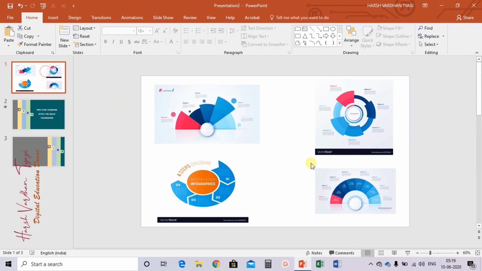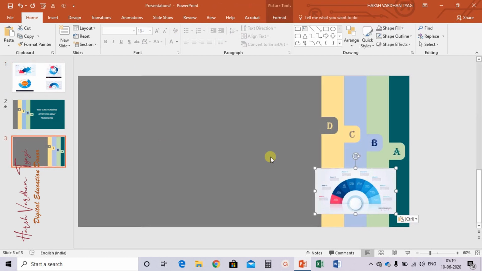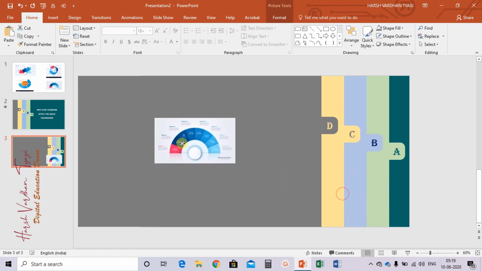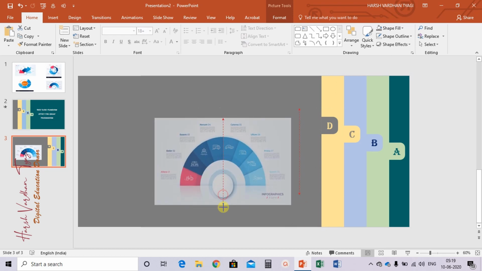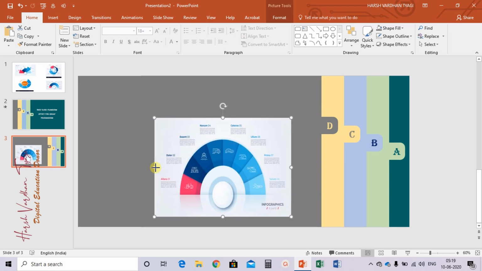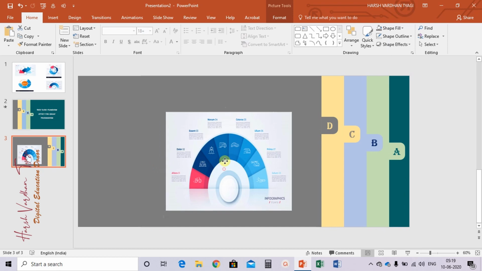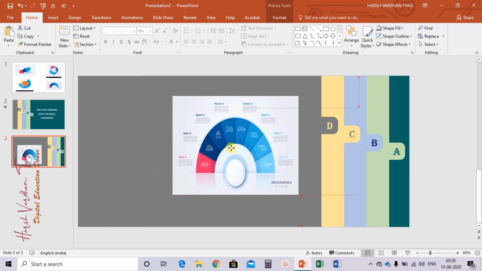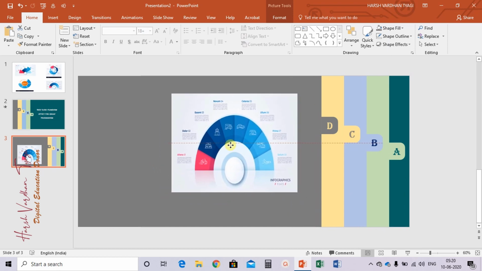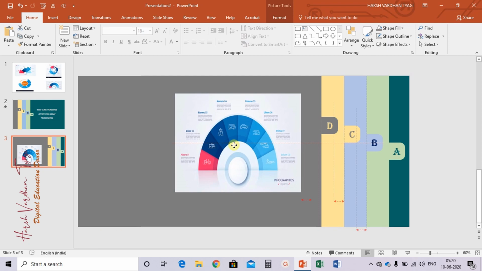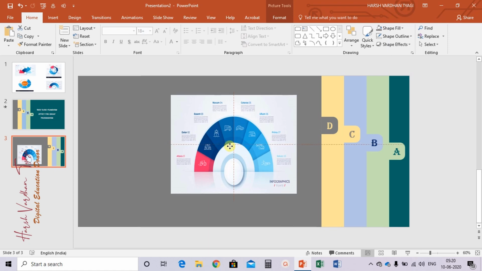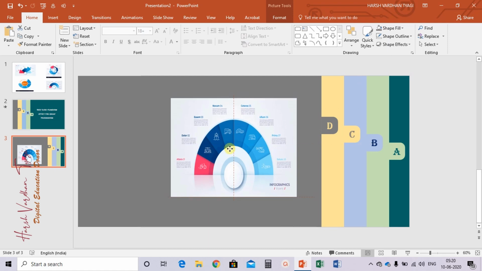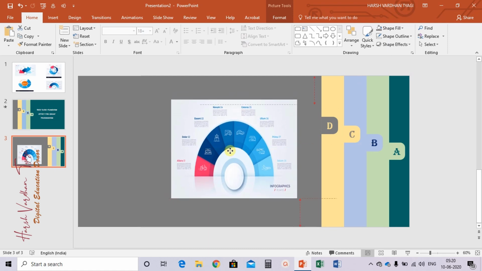Go to the graphical option, select the last graph you want to add on your slide, and then fine.